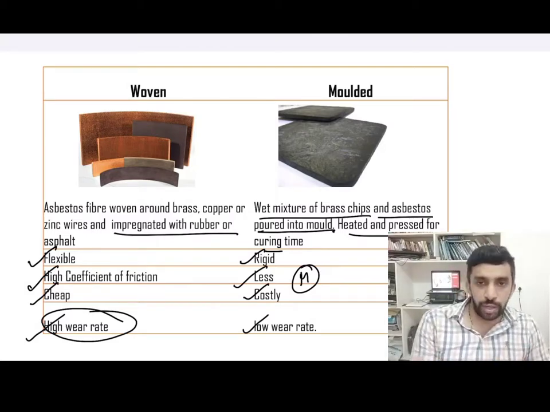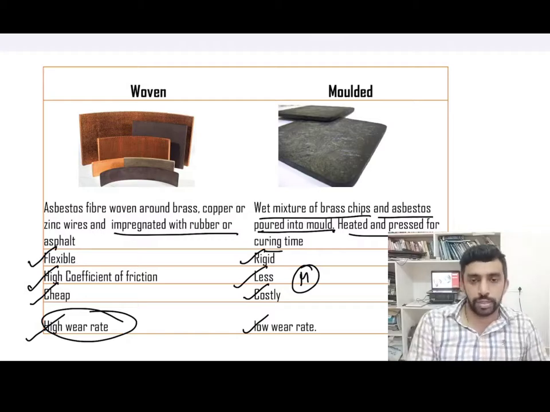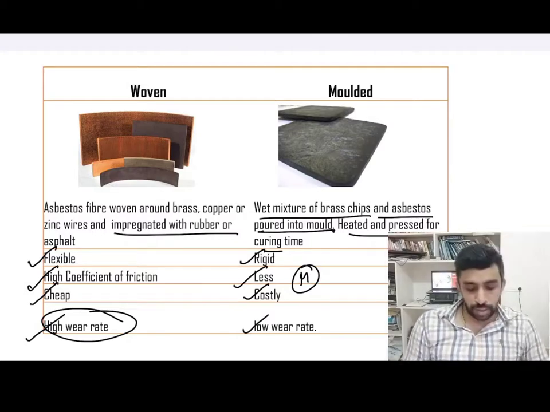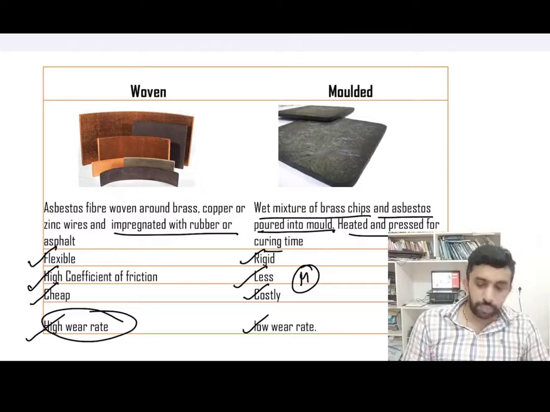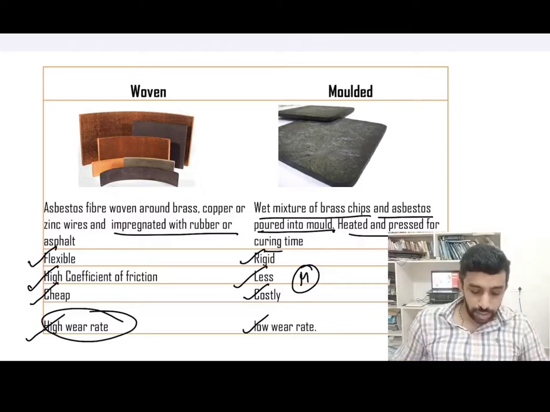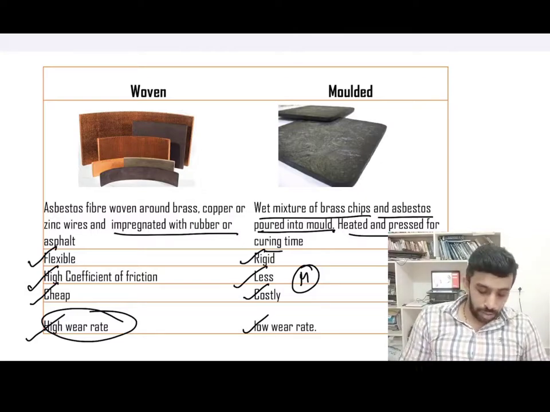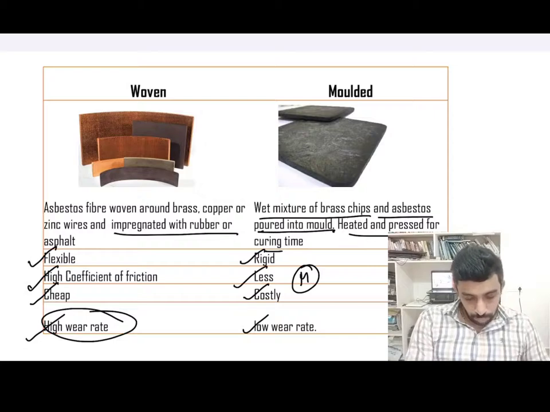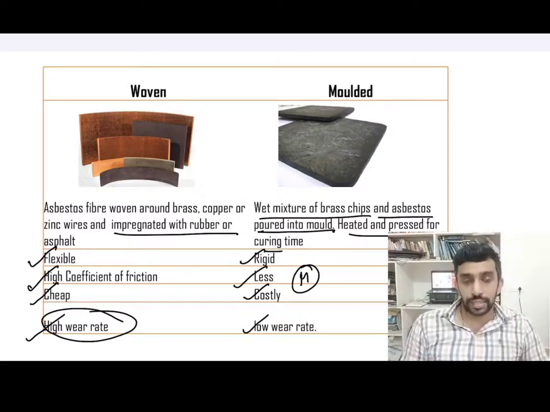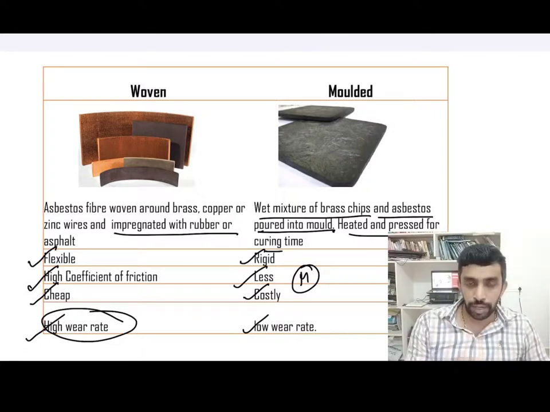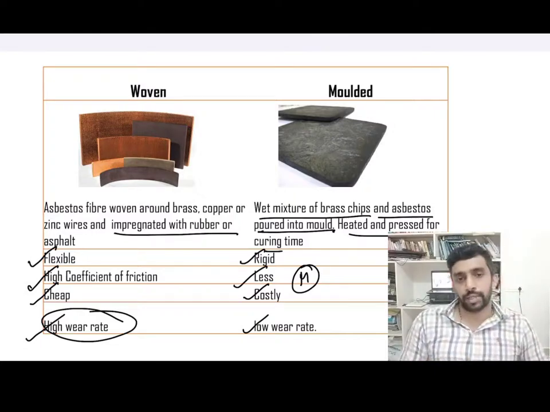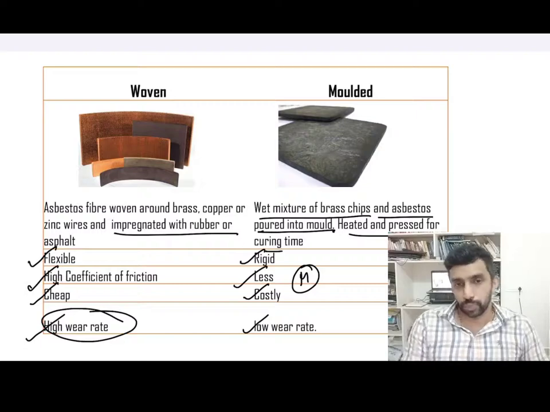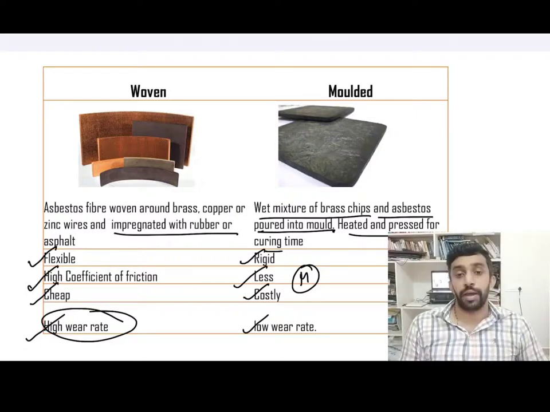Even if you examine a recent automobile clutch, you can see that most of the clutches come under the molded pattern, just because of the low wear rate. Even though it is costly, when it comes to wear rate, these molded clutches are widely used. So this is the basic introduction, and in the next class I will discuss the single plate clutch as well as the multi plate clutch in detail. Along with that, I will explain the design procedure of these two. So till then, bye. Thank you.